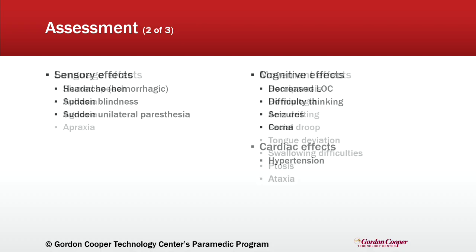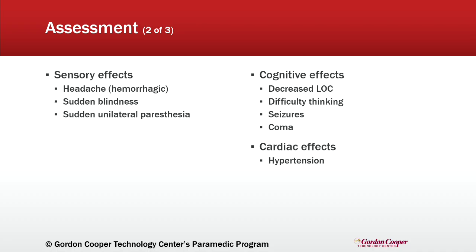Big fancy word for that. When it comes to the effects of a neurological emergency, there are a few key things we need to watch out for. Sensory effects might include sudden severe headache, which is typically what we see with a hemorrhagic stroke, and it's often referred to as a hemorrhagic headache. Sudden vision loss or blindness in one eye, or tingling or numbness on one side of the body, that's called